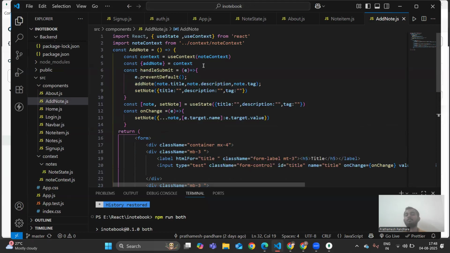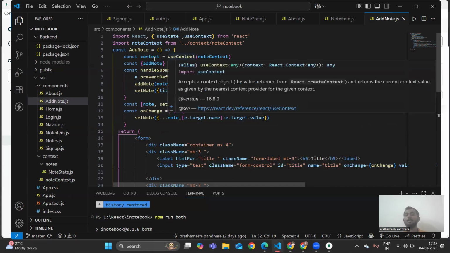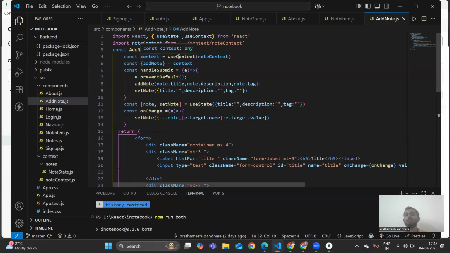So basically, for that accessing, what I have to do is const. I have to first create the context of it using useContext, and then I have to destructure, that is, remove that add node from that. So whatever things I am requiring, like add node, edit node, delete node, whatever stuff I had declared into node